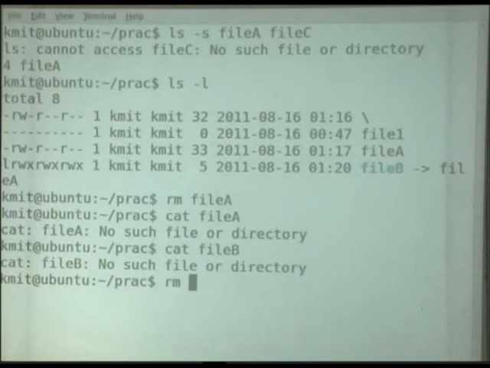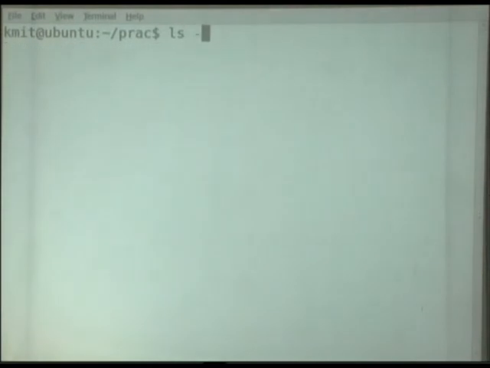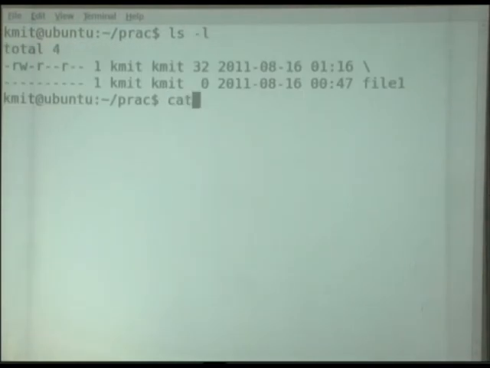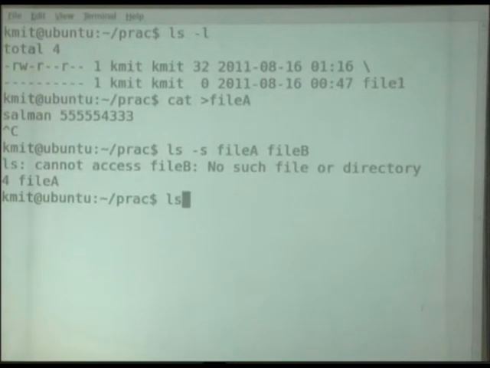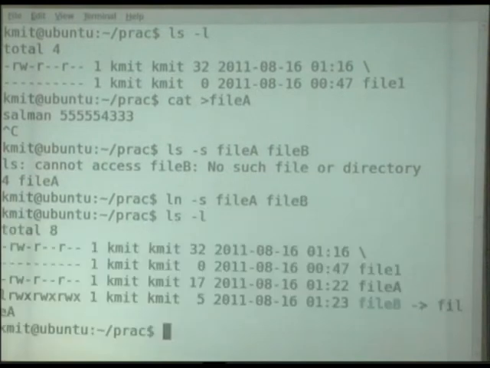To make this point very clear, I'll repeat this exercise. So I have created a file with cat file A, and here I have given some number. Now let's create a soft link to file A by the name file B. Now when we see the directory, it has given the path.